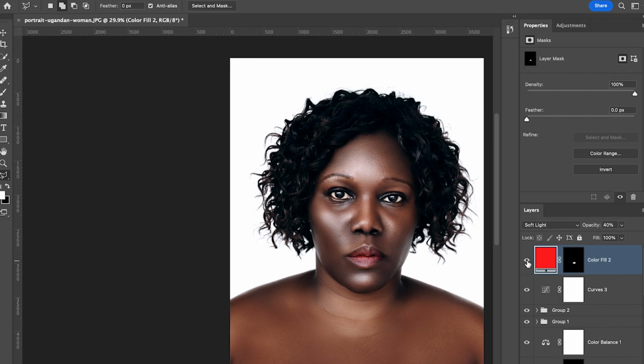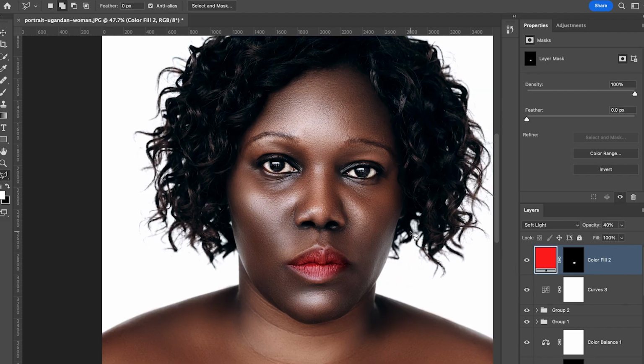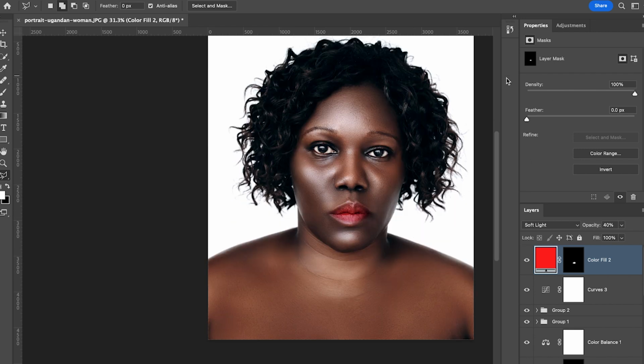You can literally use any color of your choice to do this. You understand? So guys, we've come to the end of this tutorial. So let me show you where we moved from. We moved from here,